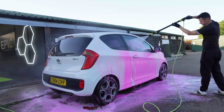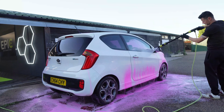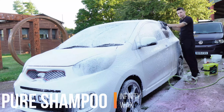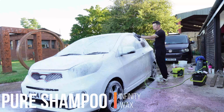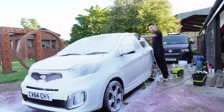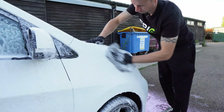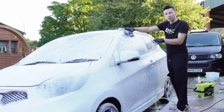After rinsing it all away, it was time for the contact wash. So the bodywork on this is, well, let me put it this way. You know how in the summer you get little drops of fly poo? Well, this is on a level that I've never experienced before. So to get it off, what I've done is I've laid it up with some more power foam and I'm